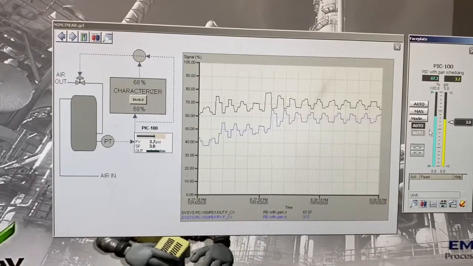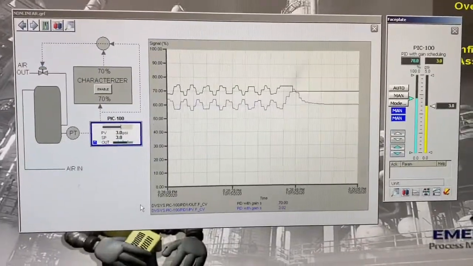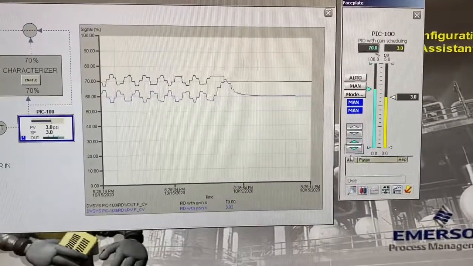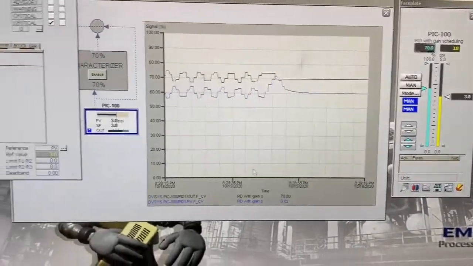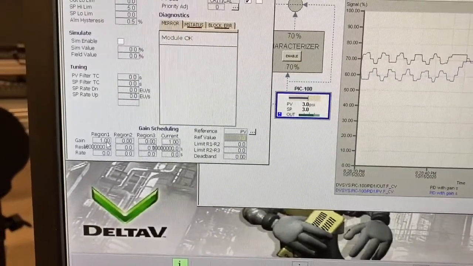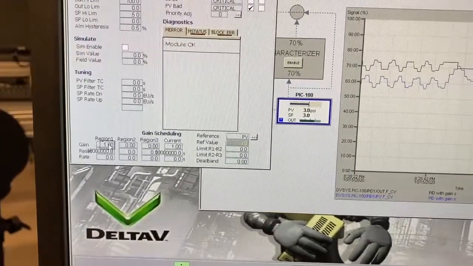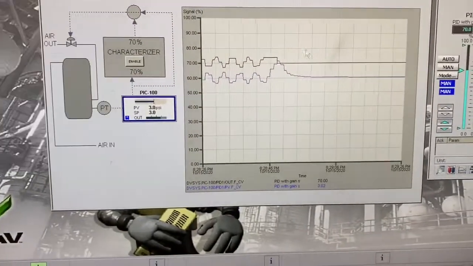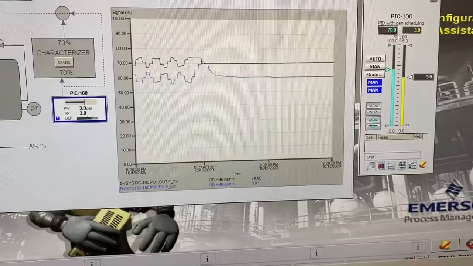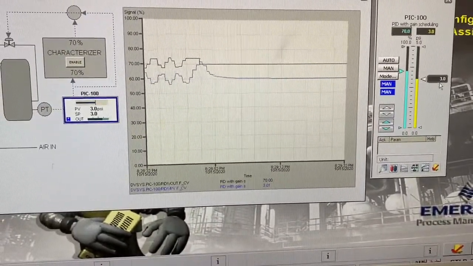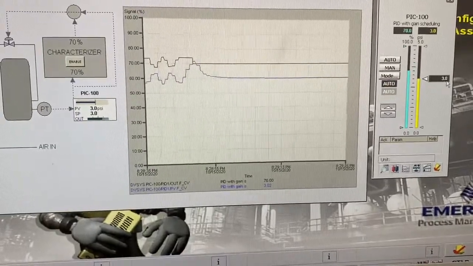oscillation. All right, so I've set our controller output to 70%. We're in manual mode here. And if we go over here, I've got the proportional gain set to 1 and a really high reset. So we're in proportional only mode with a gain value of 1, and we're gonna do the Ziegler-Nichols closed loop tune here again. And so what we're gonna do is put this into auto, and we're gonna